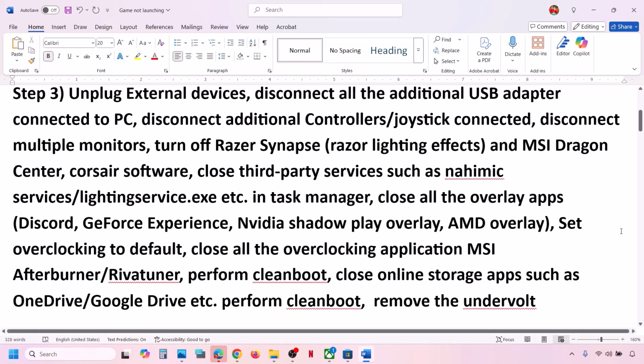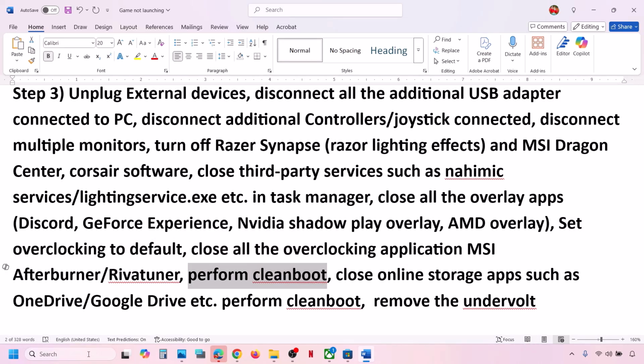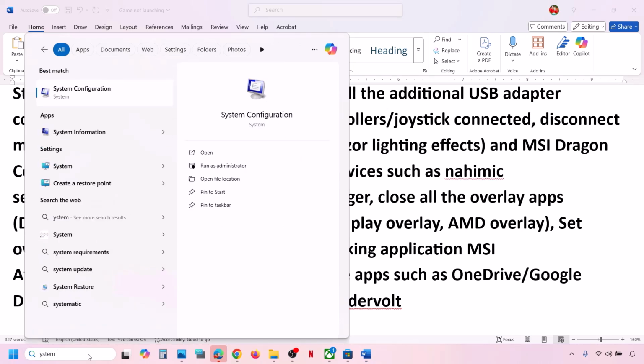So first of all, you have to turn off the overclocking. You have to set it to default and then you can close all the overclocking application and then check. Perform clean boot. Now for this, you can type in system configuration in Windows search box